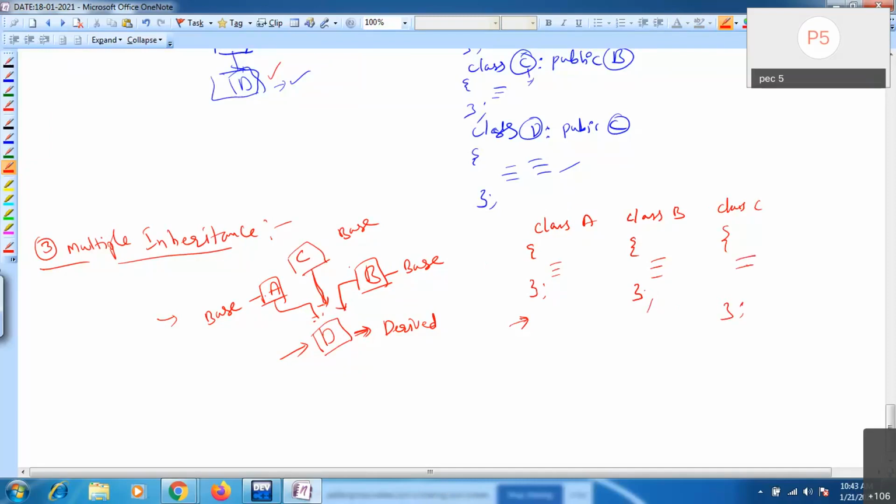As per syntax, you need to follow it. Semicolon is mandatory. If you do not place a semicolon, you will get errors.